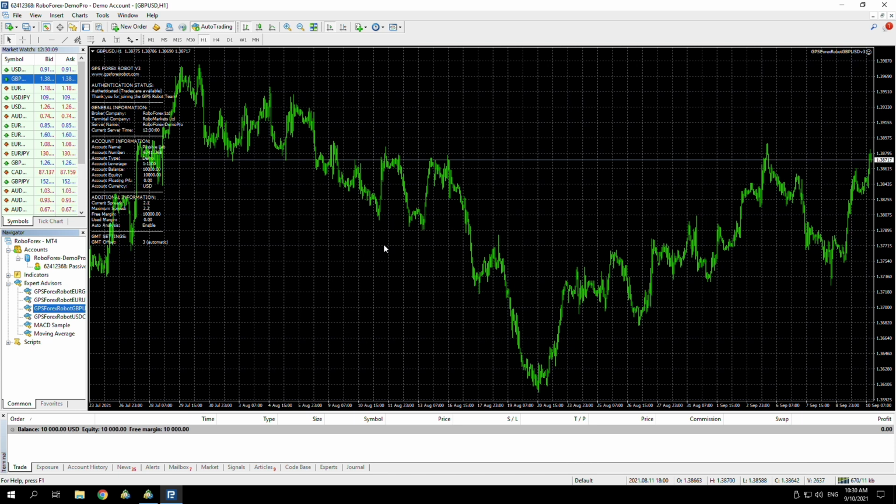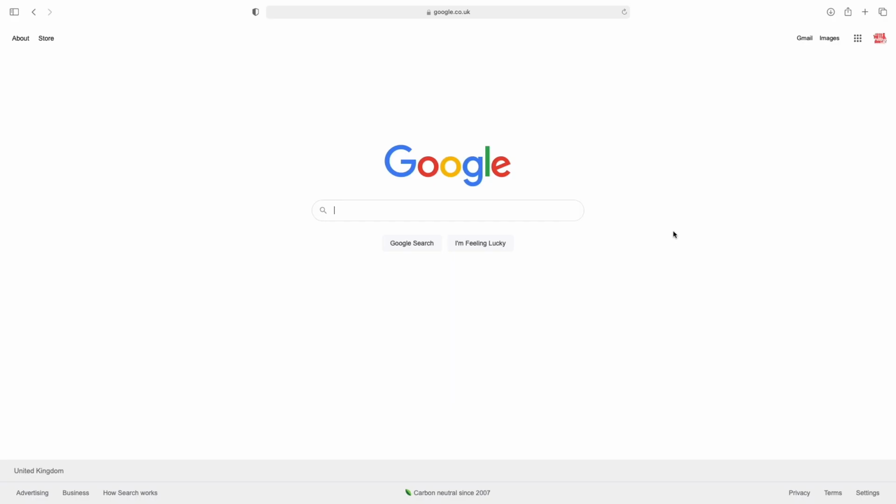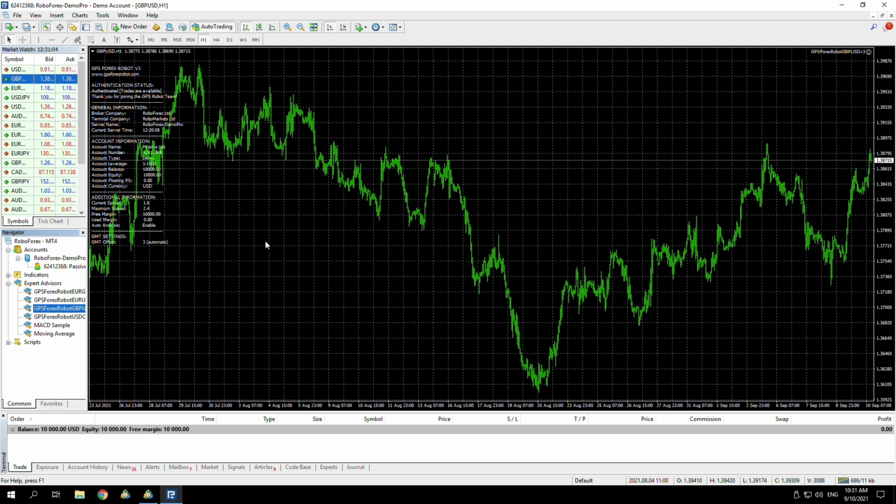If you're on a VPS, you don't have to stay logged on. You can just close down your VPS window. Make sure you're closing the VPS window and not the actual MetaTrader 4. Now once that's closed, that will be trading in the background, so you can just leave it if you've got a reliable VPS. But one thing I like to do in order to make sure that I know my trades are being placed